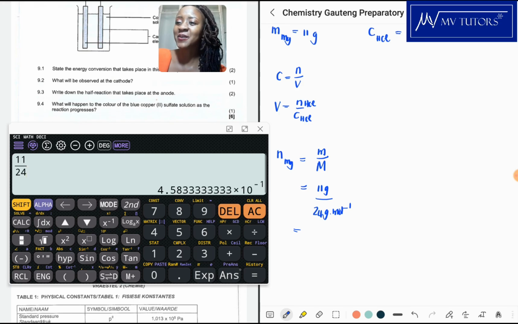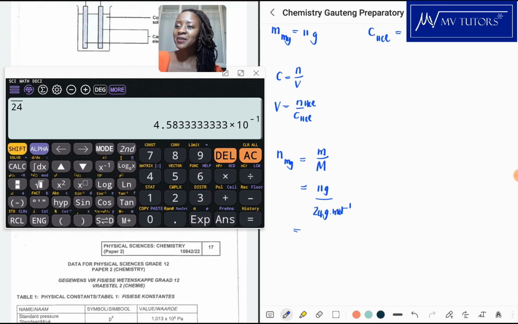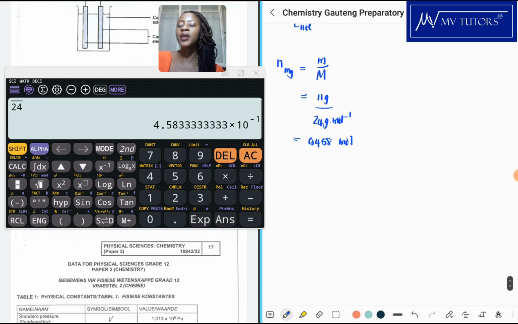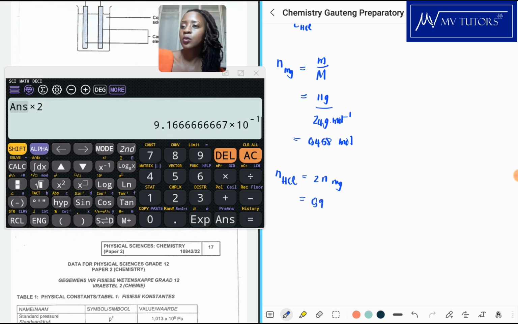Okay, so 11 divided by 24. I don't like these calculators that much, it just complicates things. So this is 0.458 mole. Okay, and remember, we have twice the number of moles for hydrochloric acid than we do for magnesium. So the number of moles for hydrochloric acid is basically twice the number of moles for magnesium, which is just this times 2, and that is 0.917